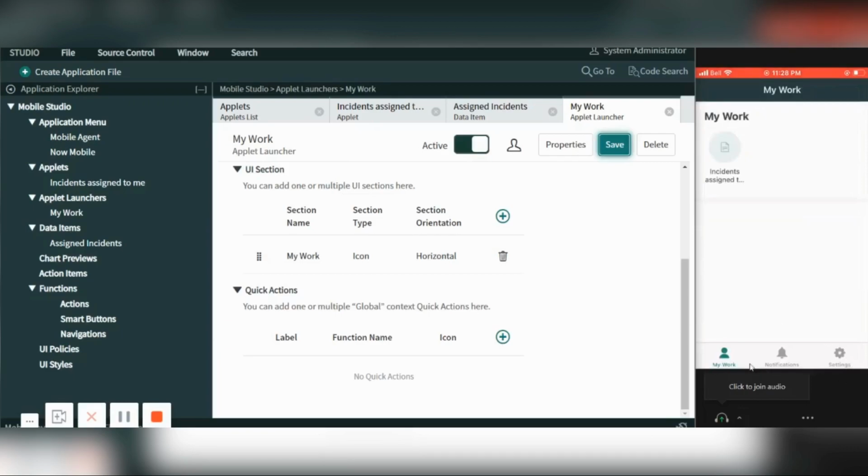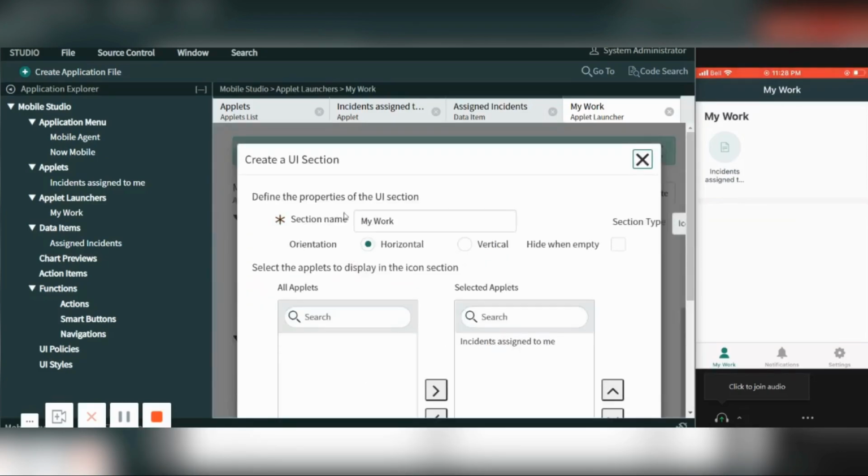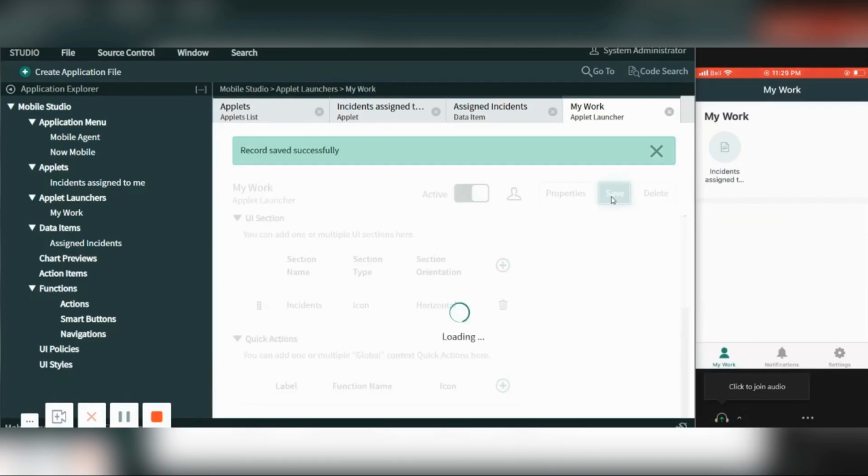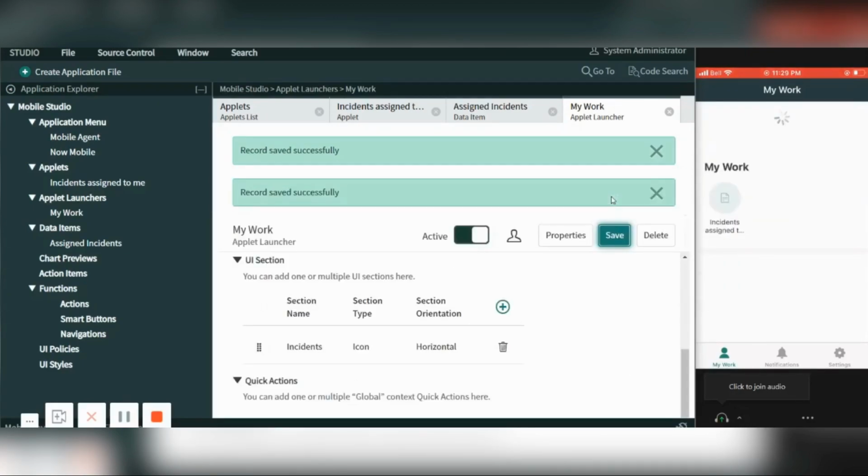So if you see My Work, this is my applet launcher, My Work. This is my UI section name. If I change the name to incidents and just save it, let's see if it gets changed. So it has been changed to incidents.